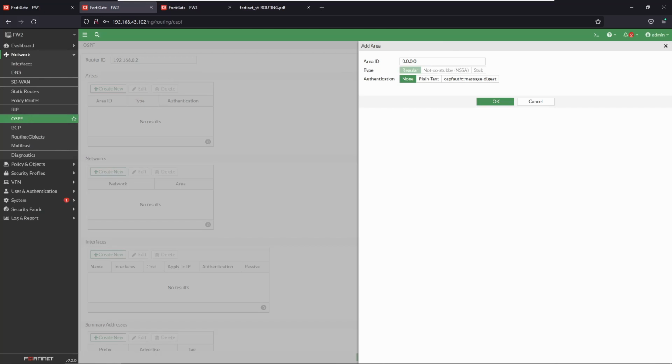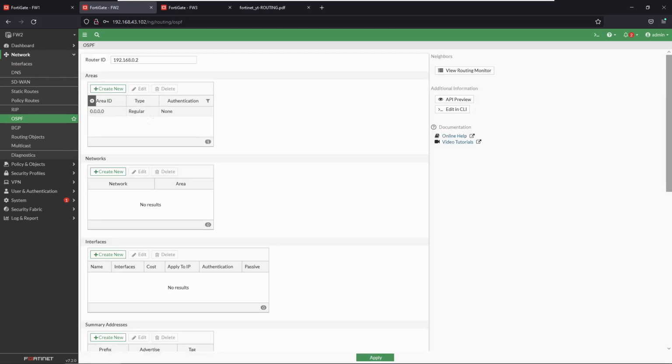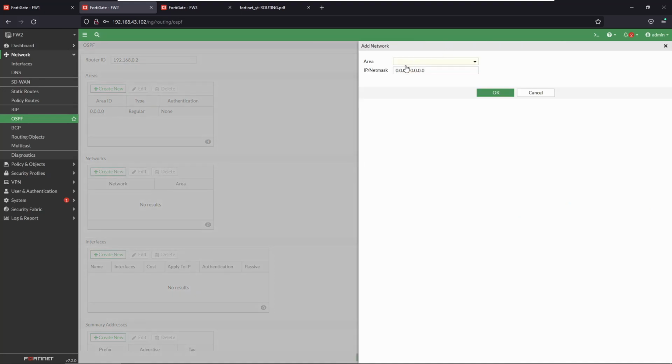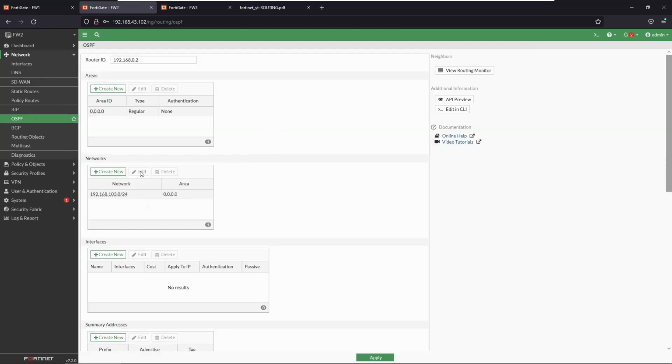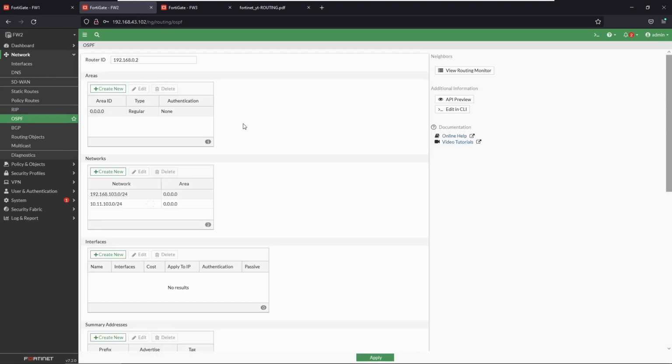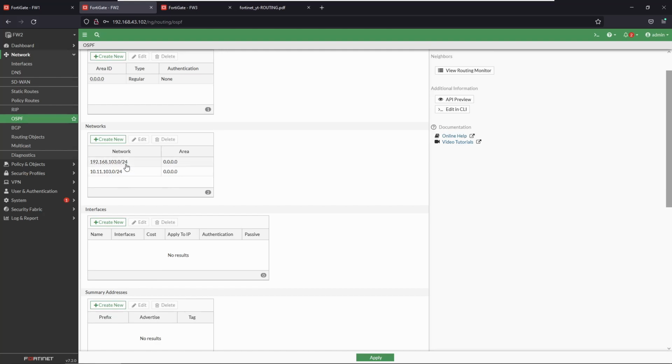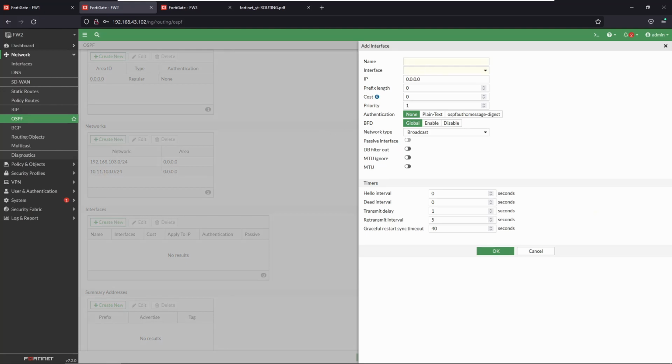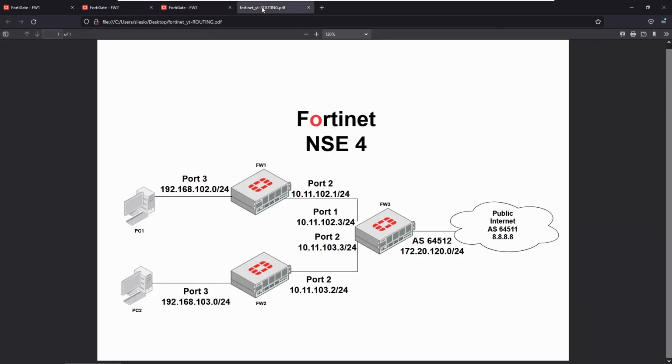Going to add the backbone area, and the networks we want to advertise on the backbone area will be 192.168.103.0/24, and the network 10.11.103.0 with wildcard 0.0.0.255. Okay, both networks will be advertised, and we're going to enable the routing process on port 3, confirm that on